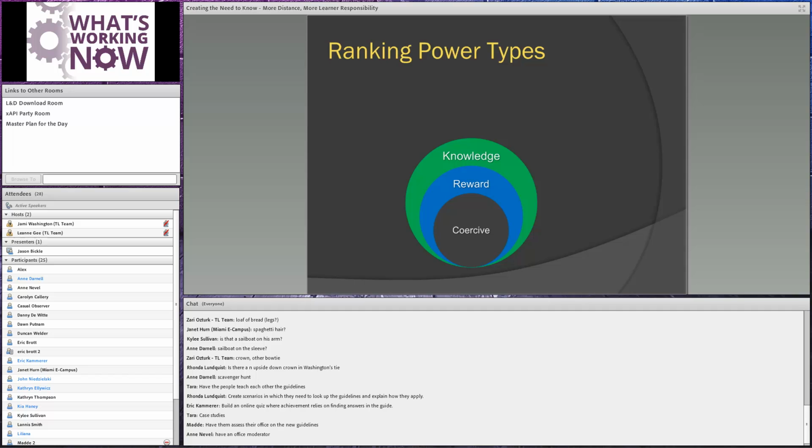Don't just do this because we're going to give you an evaluation and this will be a reward and you might get a parking spot or a cash bonus. But a higher level power is saying, hey, look, if you do this, this is how it's going to improve your knowledge, and what does that do for you within your organization or your class or whatever it may be. Okay. Now the next piece,